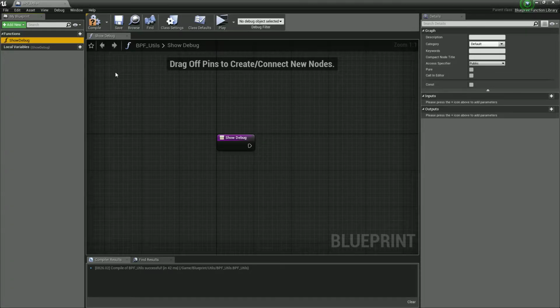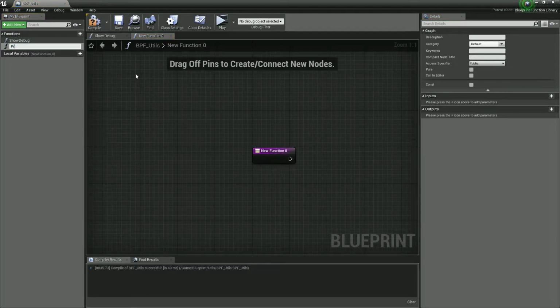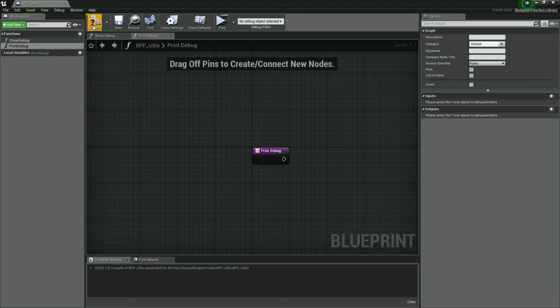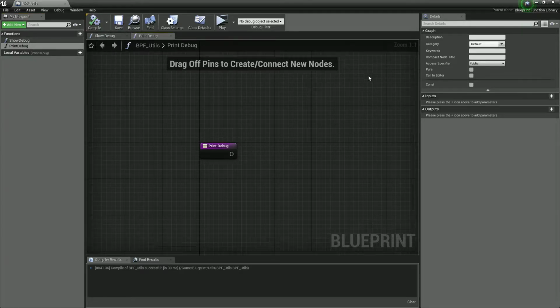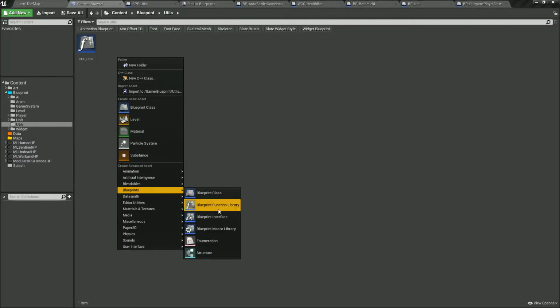Show debug, we're going to call that, and we're going to make another function which is going to be print debug, like this. Keywords to bring this are going to be debug, and keywords to bring show debug are going to be debug as well, like that. Show debug, so we want to go back to our content browser, create a new enum